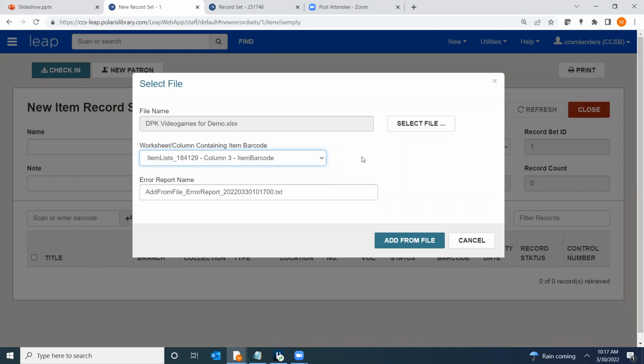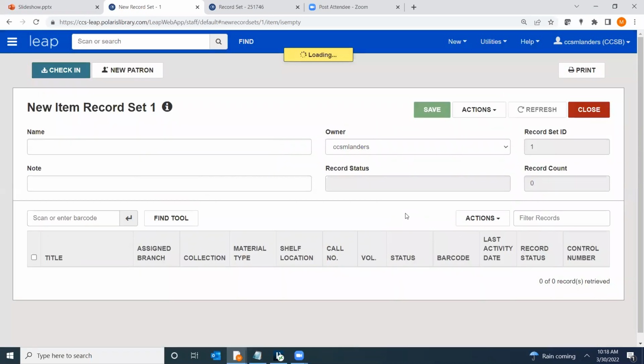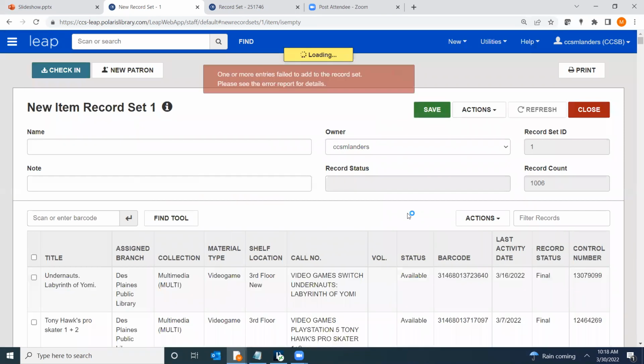So if you have a header that says item barcode, it makes it really easy to pick out which column to point it to. And then finally, since we're working in Leap, if anything can't be added to the set, Leap will automatically create and download an error report. In that error report, it's going to list any barcode that wasn't able to be uploaded. I did include a fake barcode on the list so we can see what that error report looks like. And when you've selected your file and told it which column to look for the item barcode, all you need to do is click this add from file, and it's going to pull in all of the item records